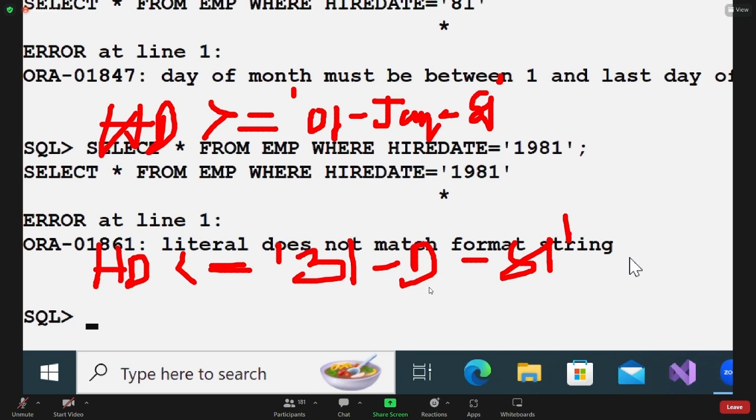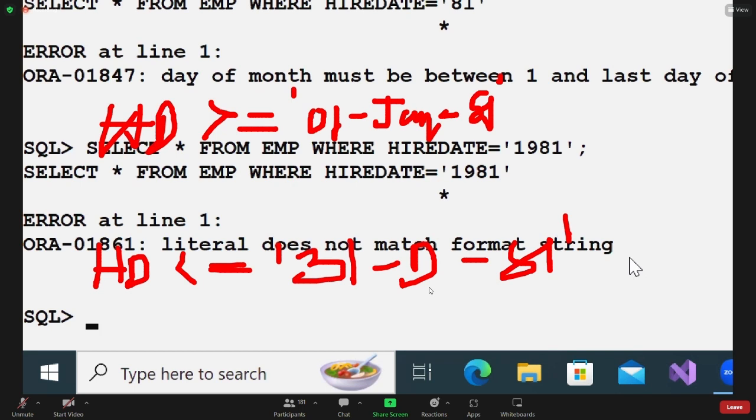But in this situation I need to write 2 conditions, and to check 2 conditions, which operators are mandatory? Logical operators. So the conclusion is: